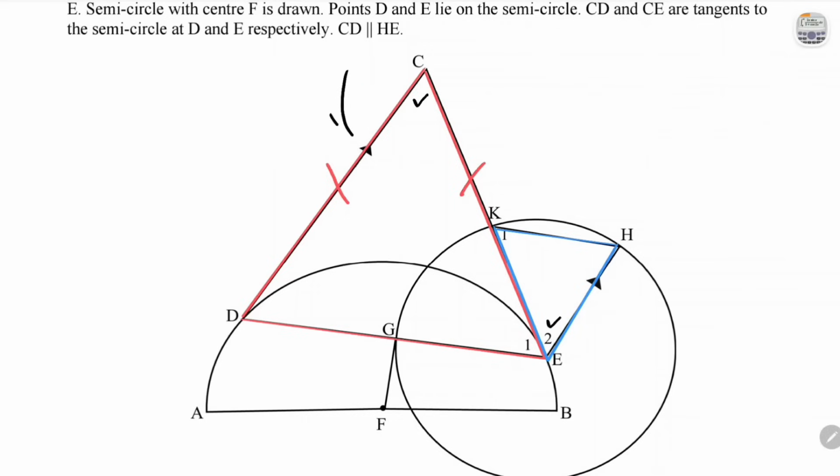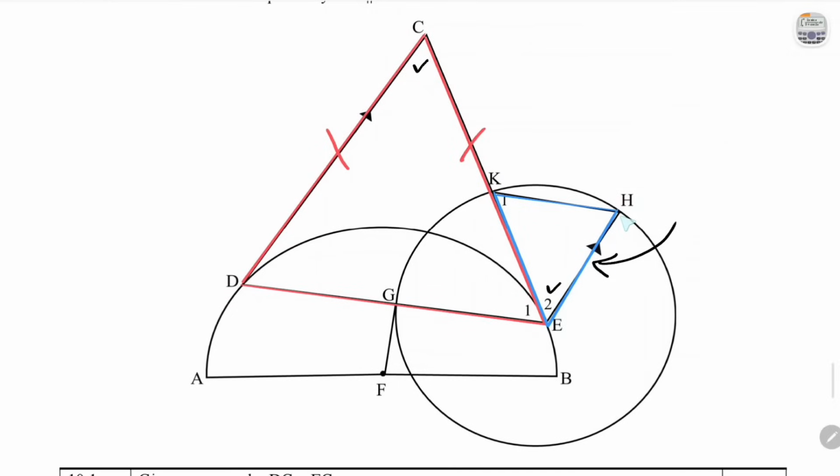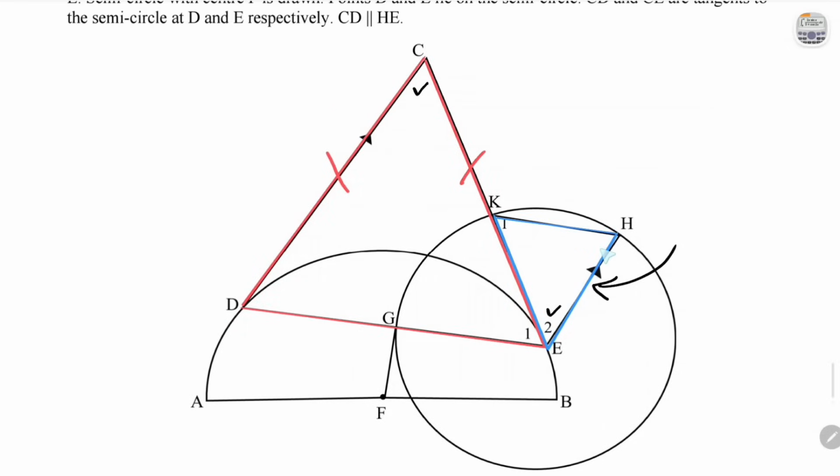This is an isosceles triangle, but so is this. This is also an isosceles triangle because do you see that EH is a radius and EK is also a radius? So that would mean that they both have these two angles of theirs being equal. So this one will have these two being equal. If these are exactly the same, for example, let's say this was 80 degrees, then this by default has to